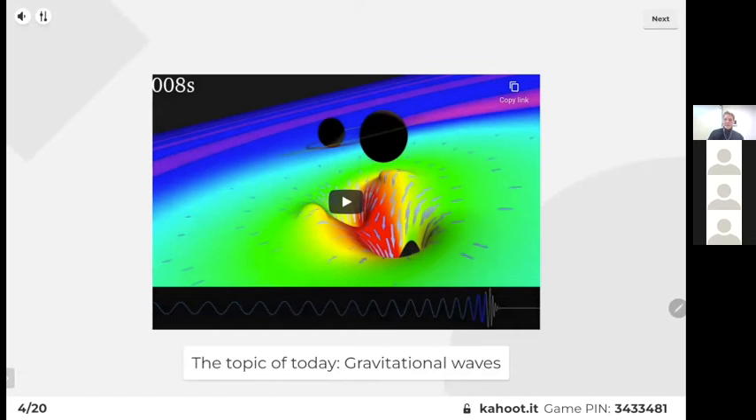And so to summarize the topic today, it's very broadly speaking gravitational waves, but we'll try to focus a little bit more on binary black holes. One of the things that many people here have probably heard about is that gravitational waves were detected in 2015. So it's a relatively new area of research. And since then, the field of gravitational waves has grown into a